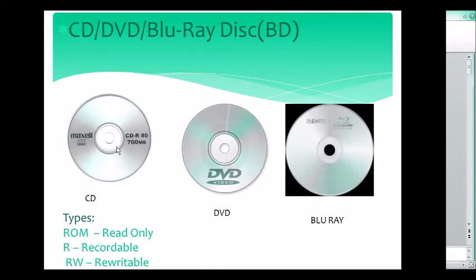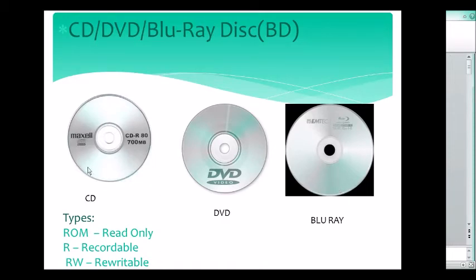This storage space or storage capacity varies from device to device. So CD stores only up to 700 MB data, whereas DVD can store 4.7 GB, and Blu-ray disc can store around 25 GB.